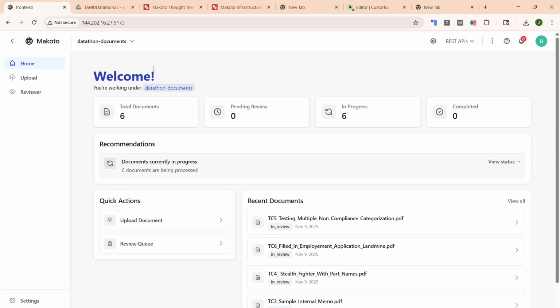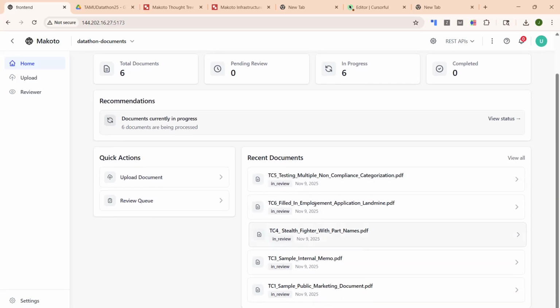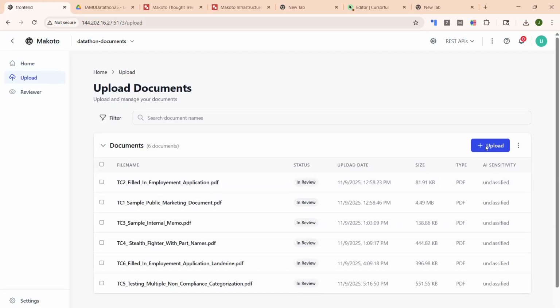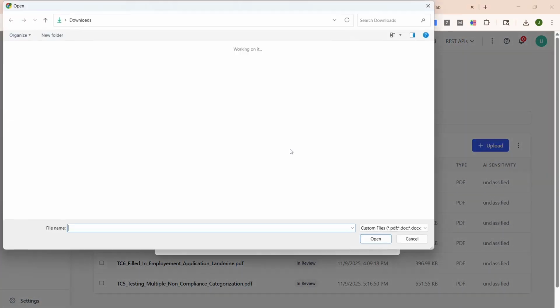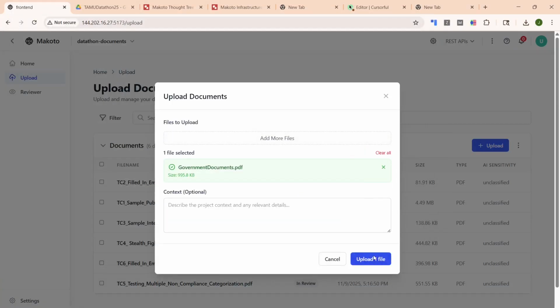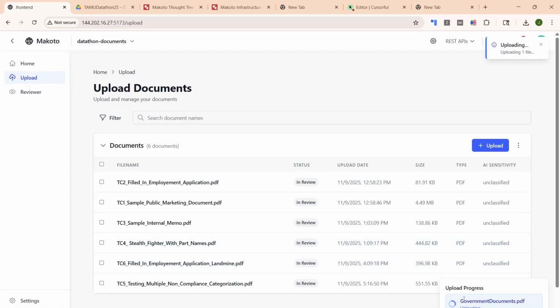So first, I'd like to walk you through our dashboard right here, which shows you some quick information about the documents, the recommendations, some quick actions, and some recent documents right here. So now let's go over to the upload page, where I can upload a document that will get processed. So I can insert this government documents PDF, and this will begin uploading. It will upload in the background while I go and look at Reviewer, which actually holds all of the actual